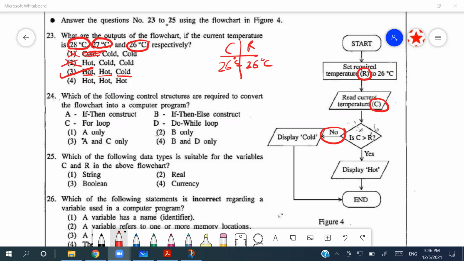Right. 24th saying, do we need to? Yes, we need to. So 24th, it says, which of the following control structures are required to convert the flow chart into a computer program? So it has